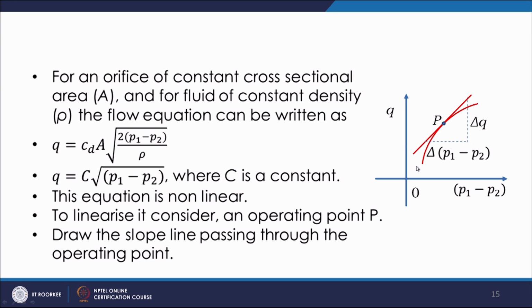Then the slope of the line can be written as delta Q upon delta P1 minus P2. But this was our basic equation, so I can write dQ by d(P1 minus P2) by differentiating this equation. So, dQ will be C by 2 under root P1 minus P2 times d of P1 minus P2, and from here I can write this value, that is dQ by d(P1 minus P2) is equal to C by 2